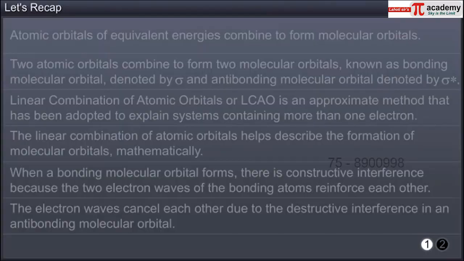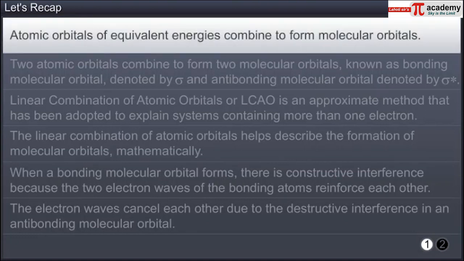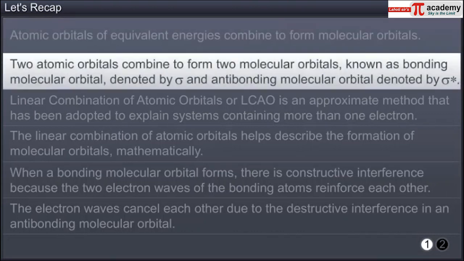You have now reached the end of this module. In this module, you learned that atomic orbitals of equivalent energies combine to form molecular orbitals. Two atomic orbitals combine to form two molecular orbitals, known as bonding molecular orbital,